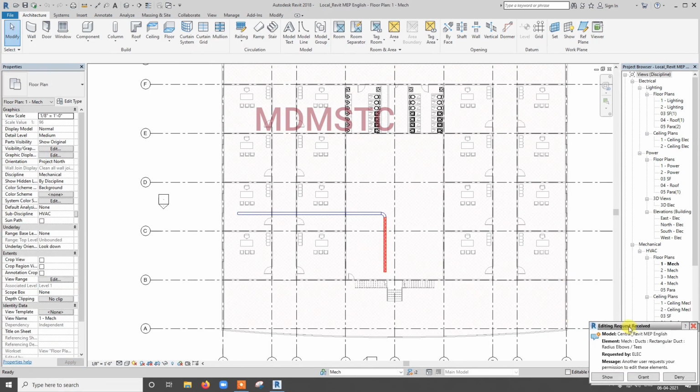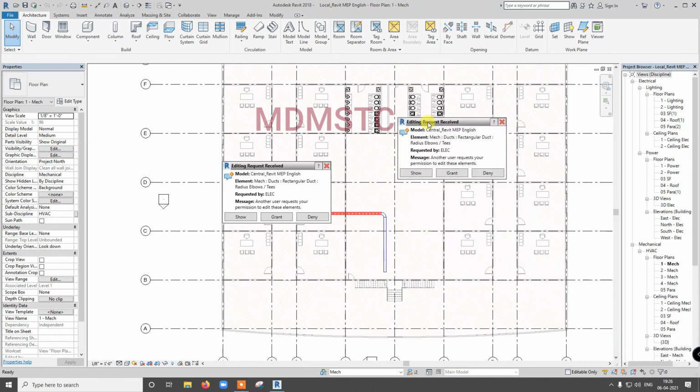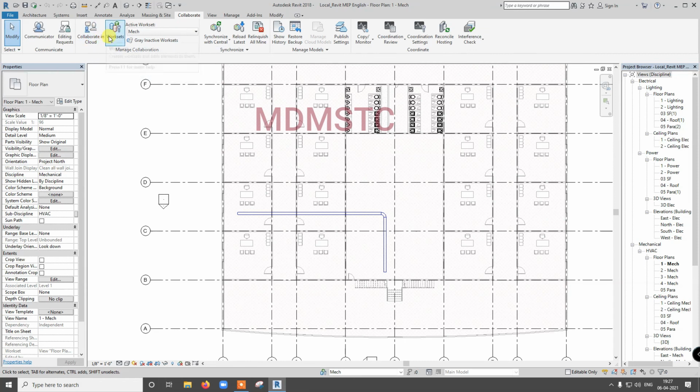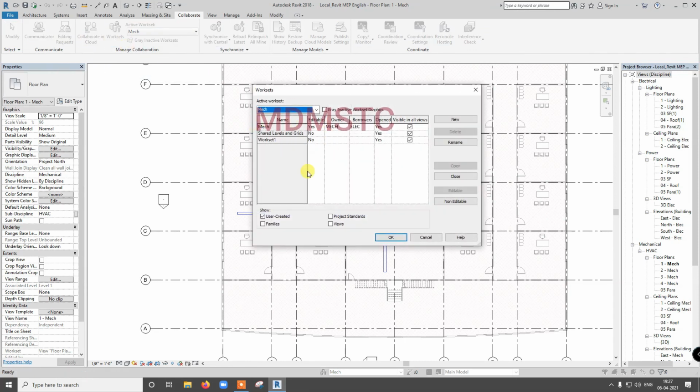See, I am getting a request, because electrical wants to remove this. If you click grant, that will be granted. I am going to click deny. Okay, I have given two options. Let us go and check. See, electrical is not there. We saw earlier that one work set is there for elect, but it's not there, though it shows borrower as elect. That is the owner who is owning that work set, and the borrower who is working on that work set. That is the borrower.